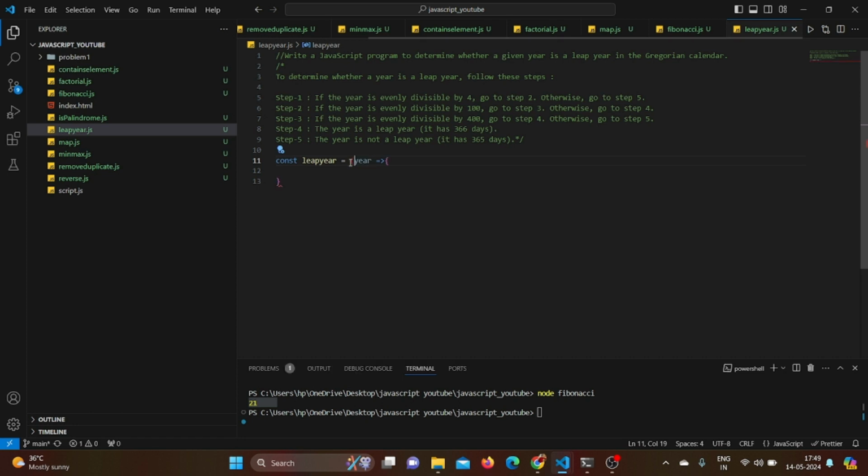Let me add a bracket as the syntax suggests, and as a return of this function we will first check if the year is completely divisible by 100,